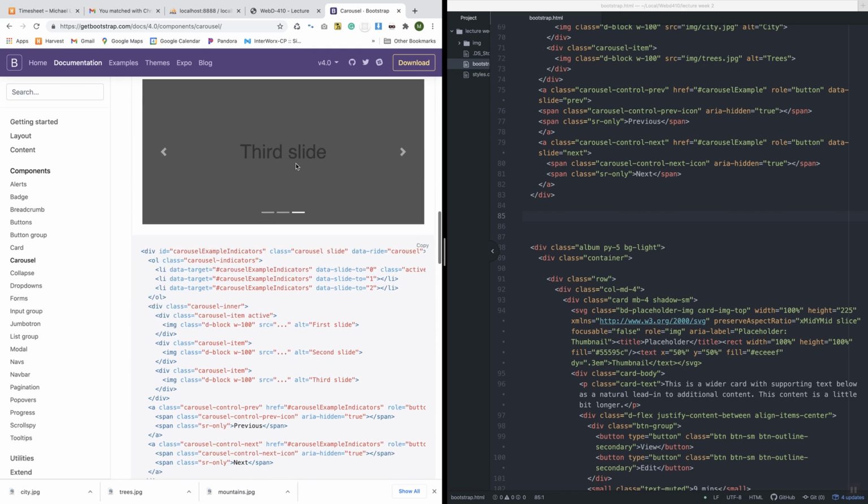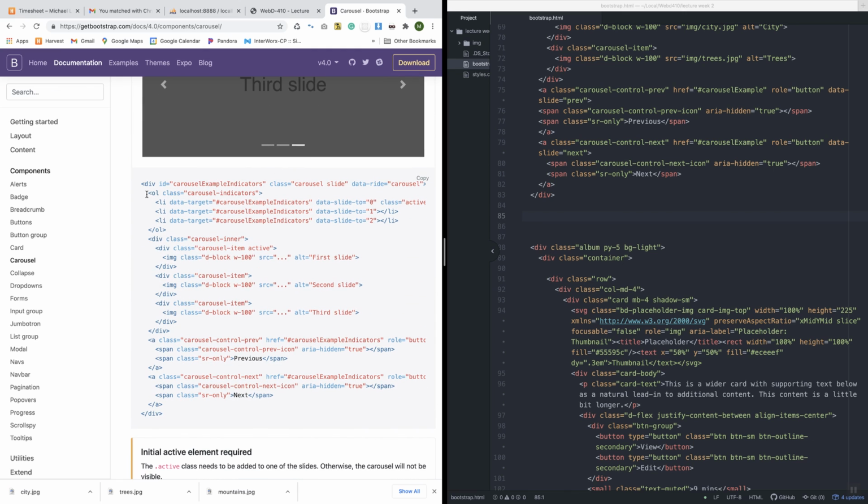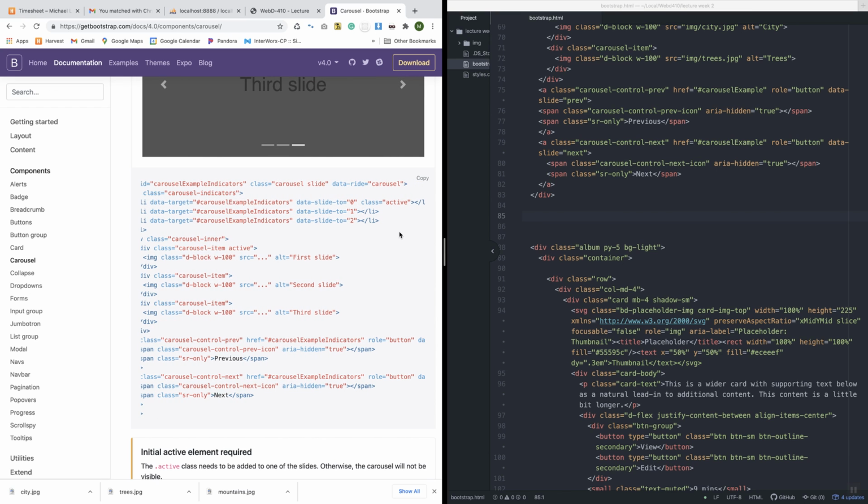Okay, now let's add some indicators. So the indicators are on top here. One thing you'll note is that they have an ID in this data target that matches the ID, and then it has an index. If you've taken a programming class or 2 or 3 or 4,